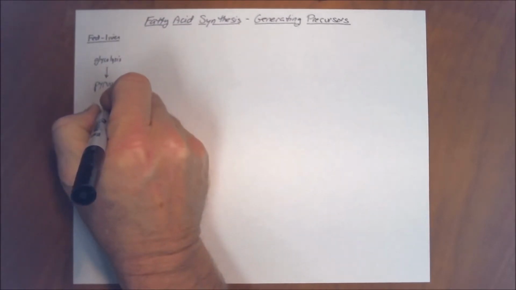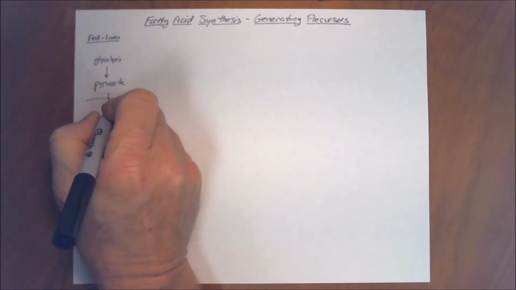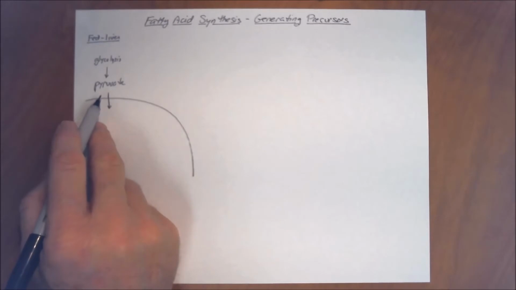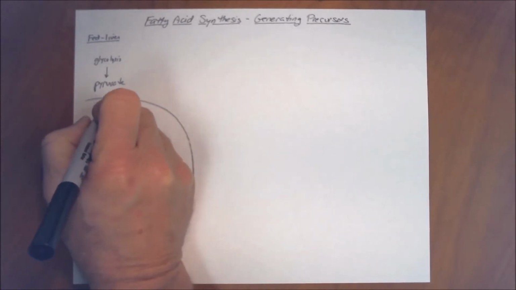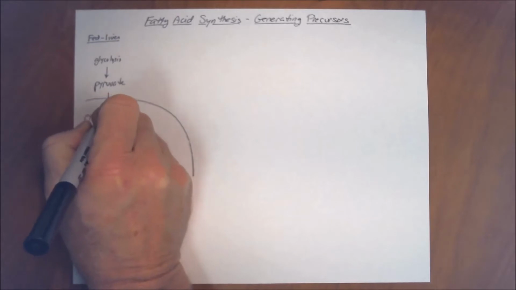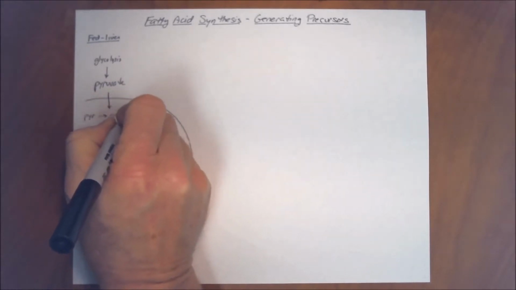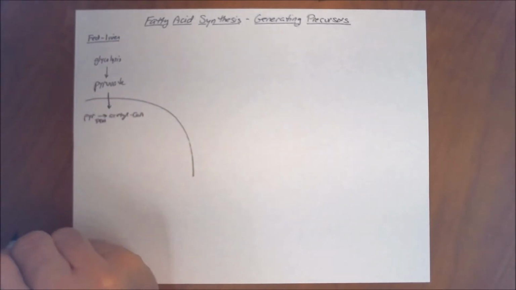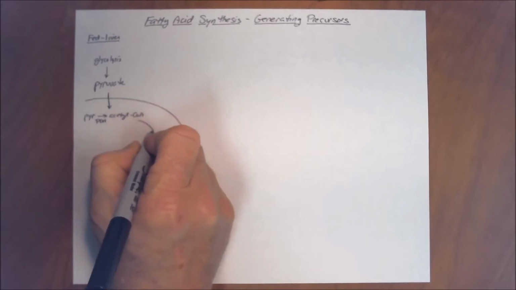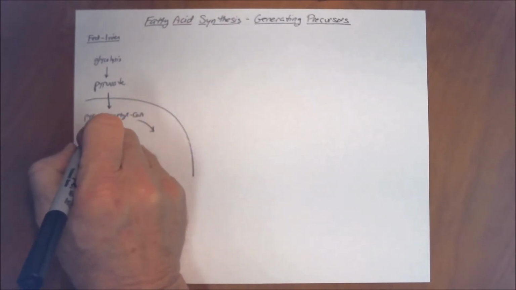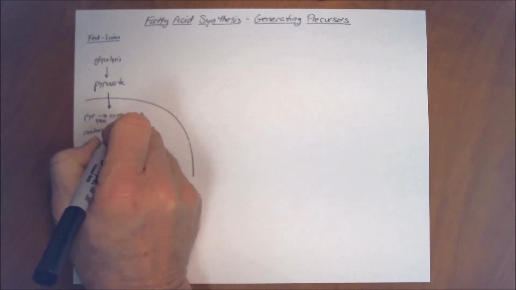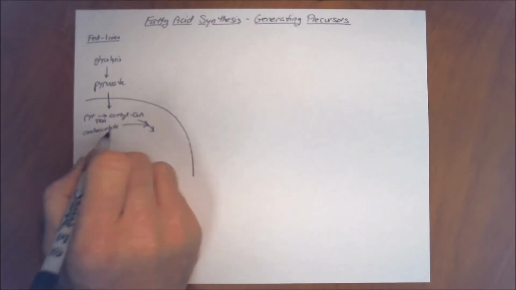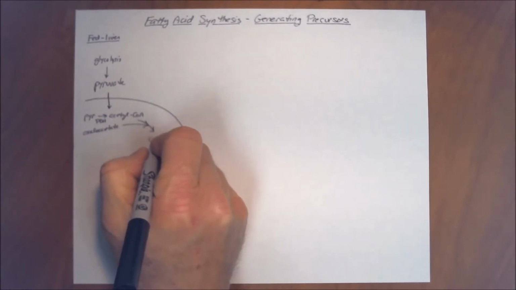Now at this point, the pyruvate enters the mitochondria through our pyruvate proton transporter, and then the pyruvate is going to be converted into acetyl-CoA by the pyruvate dehydrogenase enzyme. The next step is acetyl-CoA will condense with oxaloacetate from the TCA cycle, and this is the entrance, of course, of the TCA cycle for acetyl-CoA. We are making citrate,